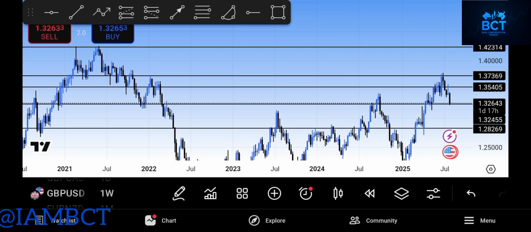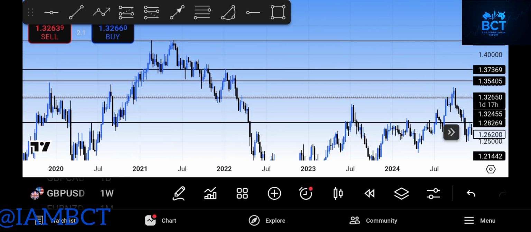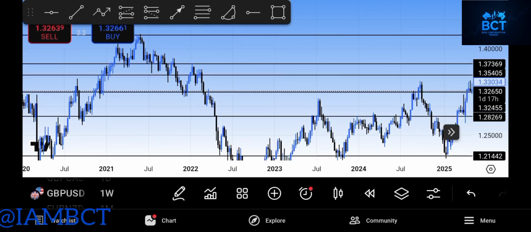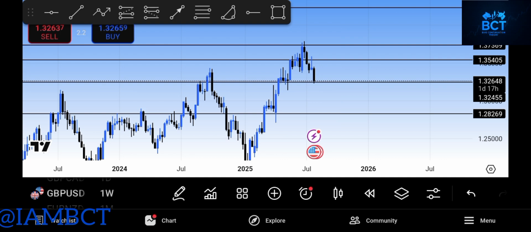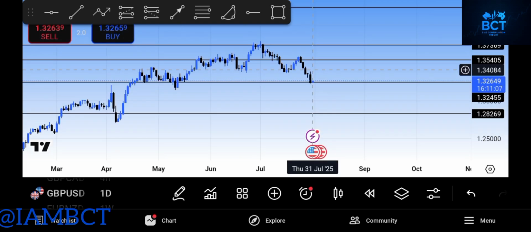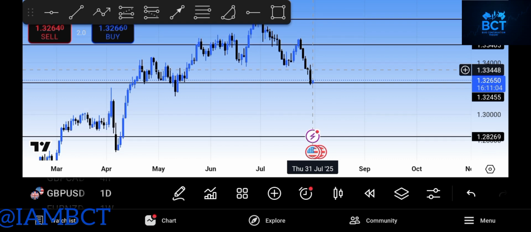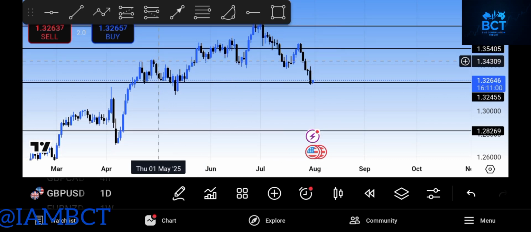And that is it. I'm not sure if I'm seeing anything on weekly. So let's go back to daily. But if you're looking around for an entry, the FVG you've got right there, that is somewhere around this level. Should be looking for an entry somewhere around this level, because there is a line that